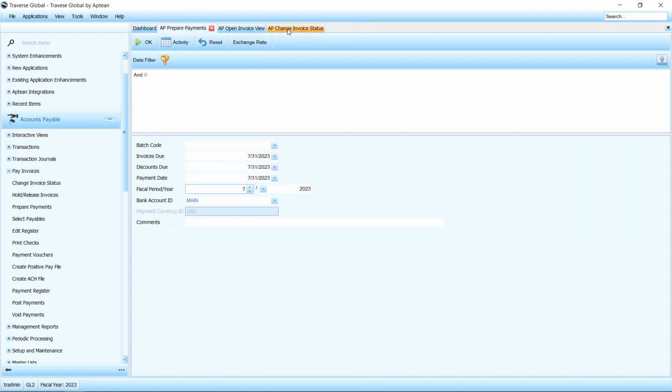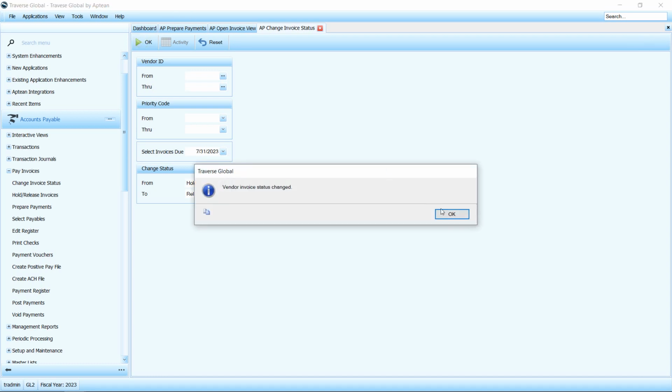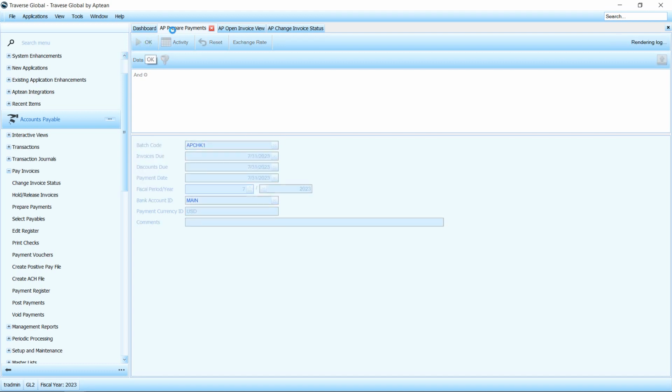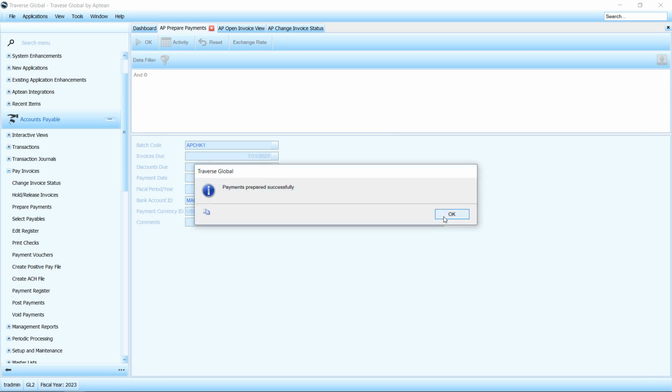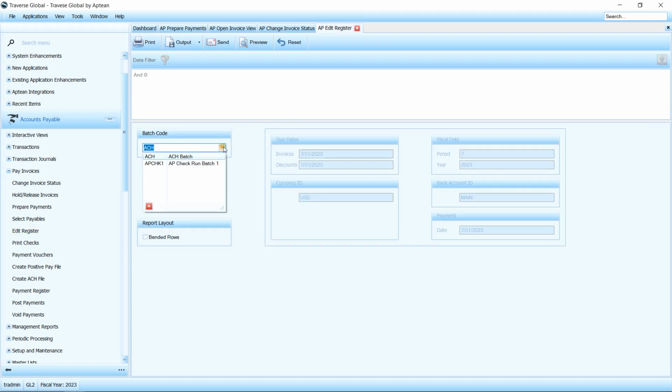Next, we can come into our change invoice status and of course, change everything else from hold to released. And now we can do the same thing in perhaps a different batch. So in this example, we now have a batch for our ACH and our checks,